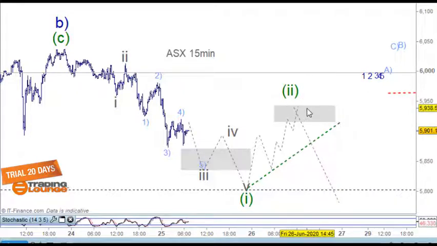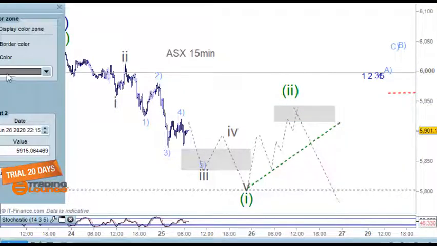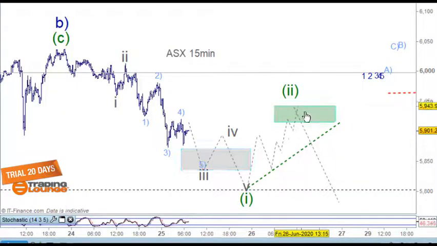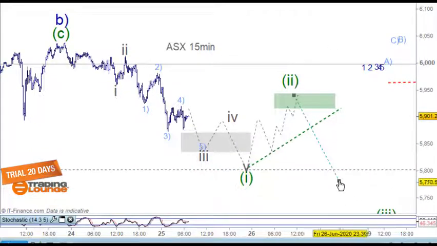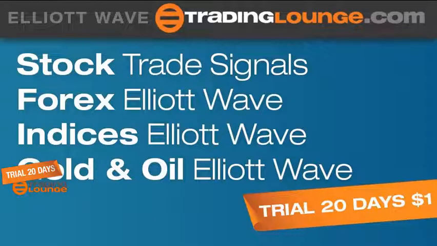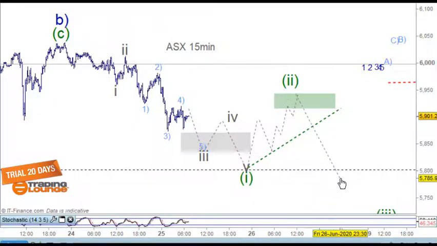So we can look to short in this box here as well, at least to build in a few short positions in there. And we want to build into this side over here, and of course there will be a bounce off the 5.8 here again for this. So we can look for that 61.8% here and short that space in here again.